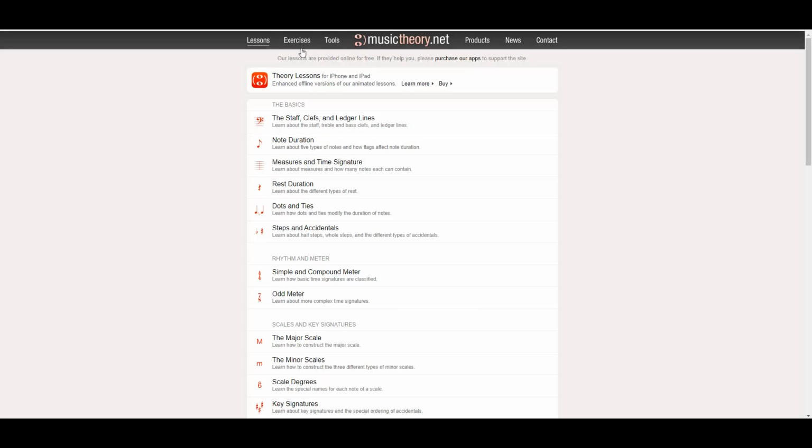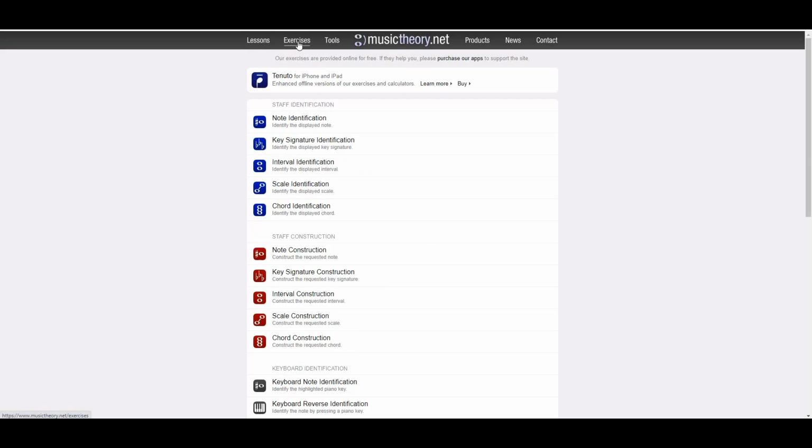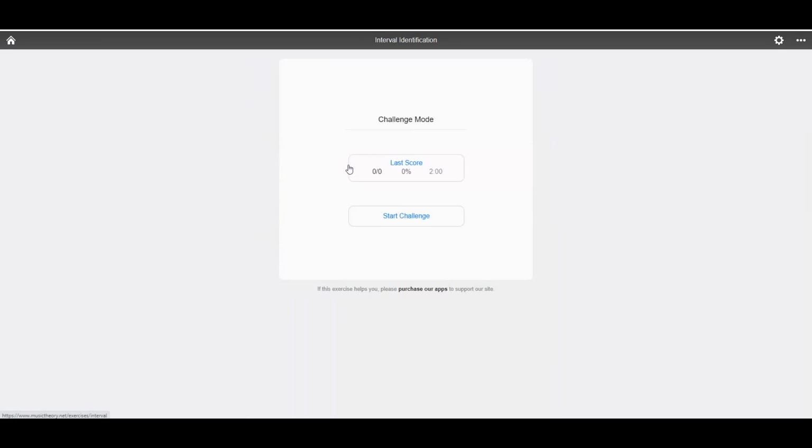Now, the cool thing about the exercises is that you can customize these to be whatever you and your students need them to be. They can even do this on their own. They don't have to use just the ones that you assign them. So if you go up to the top right here and click exercises, a new page will show up. And let's scroll down to right here where it says interval identification. We'll just stick with intervals for right now. You click on interval identification,